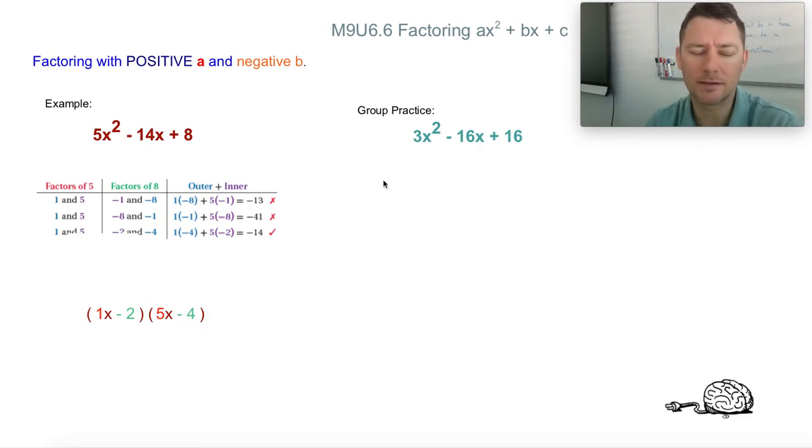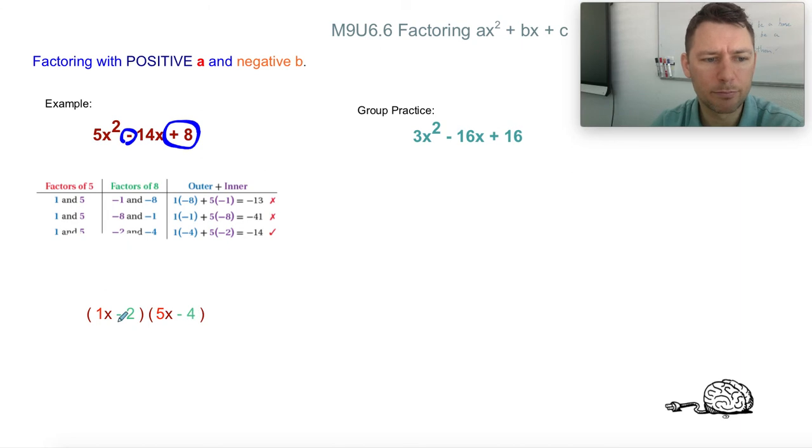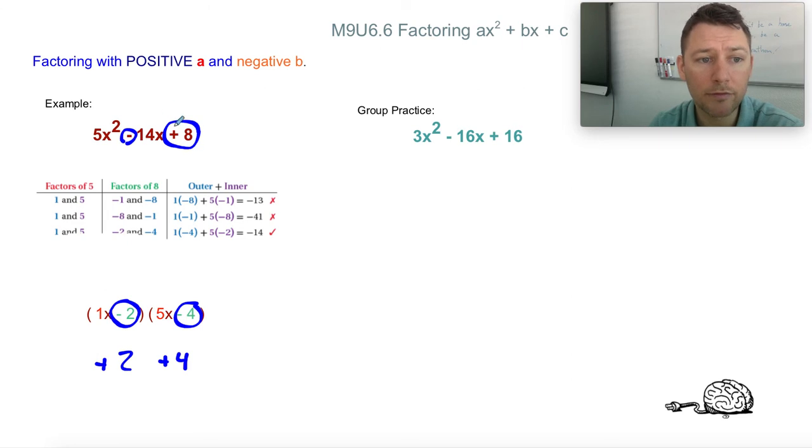The same thing applies when you have negatives and positives. There are little bits of hiccups. The only thing is, if this is positive and this is negative, these are both going to be negative, because you can multiply to positive 8 by negative 2 and negative 4, or positive 2 and positive 4. Right? They'll both give you 8. The only way you get negative 8 is if one of these was negative and one of them is positive. Right? So